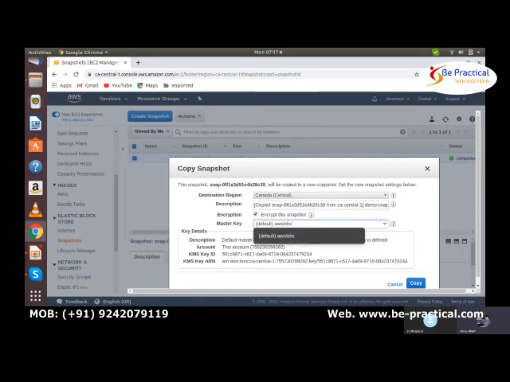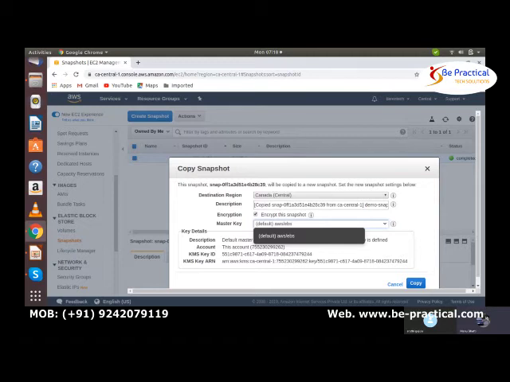So basically encryption will be done when we are about to share the EBS volumes and all. At that time you have to encrypt and share the encrypted copy itself. You cannot encrypt it with the default key that we are able to see over here. This is the default one, right? So we cannot do the encryption with the default key, because the default key you cannot share with anybody.